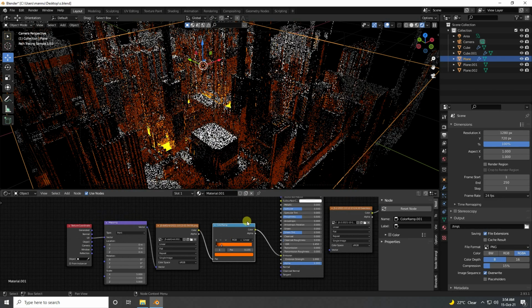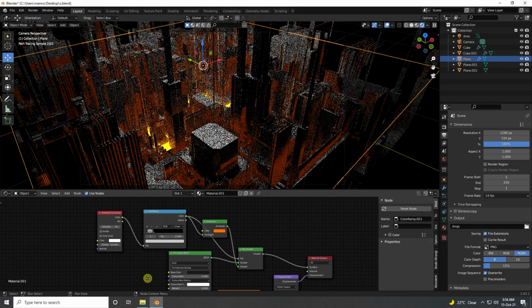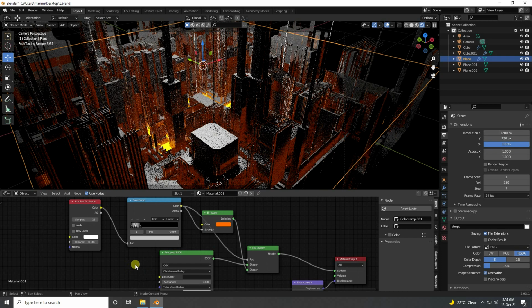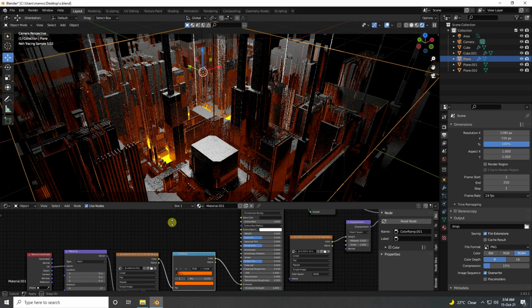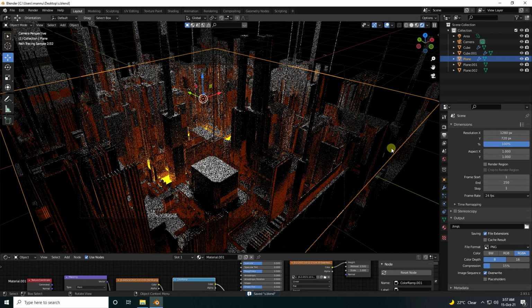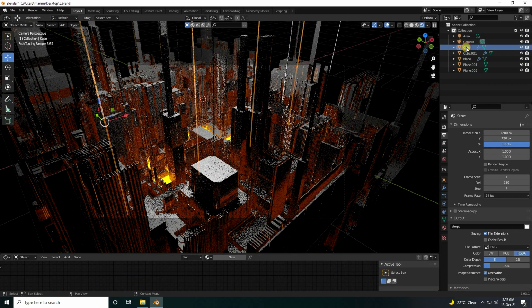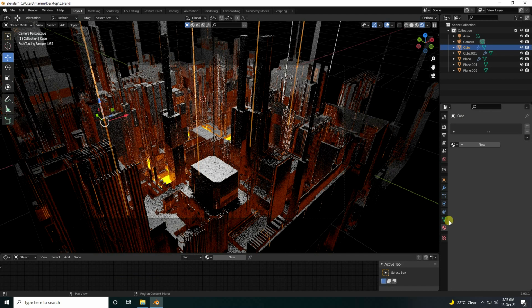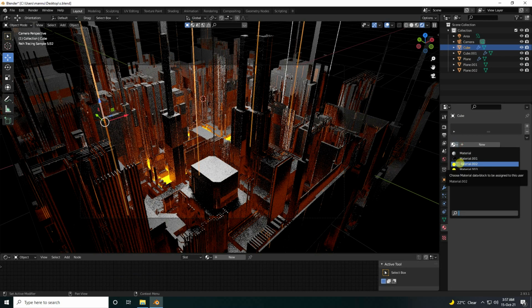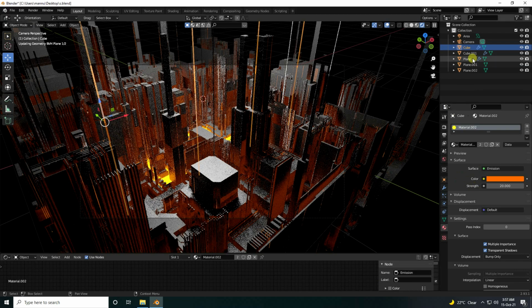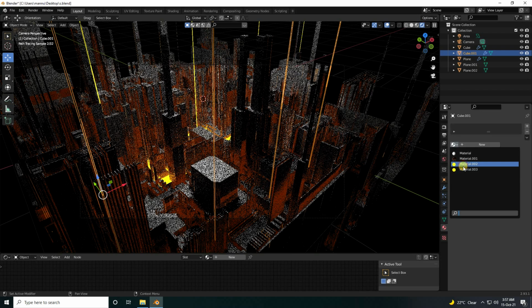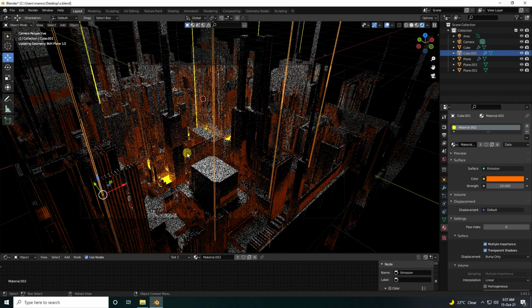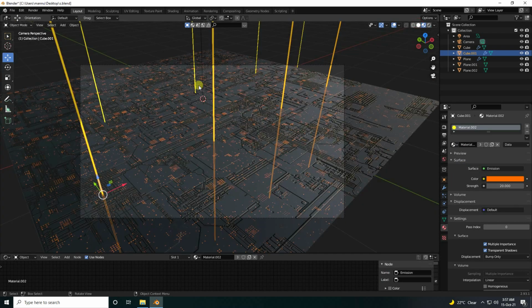Yes, see guys, that's my simple color. It's my really cool material, right? Okay, so guys, now I also apply the material on this cube. So select your cube and material. Guys, use the same material and go to cube 2. So apply the same material. Yeah, right? So click on here. See guys, that's my simple setting, right?